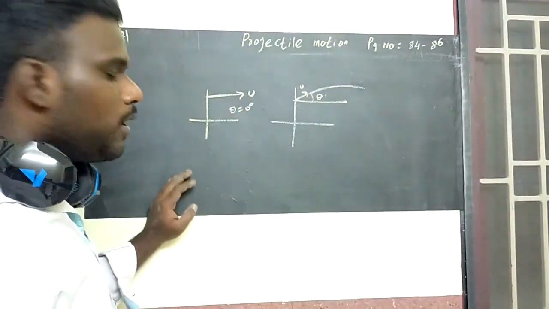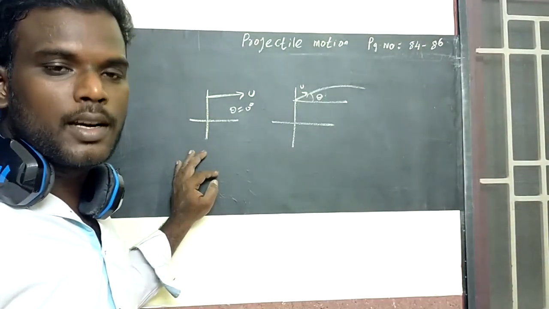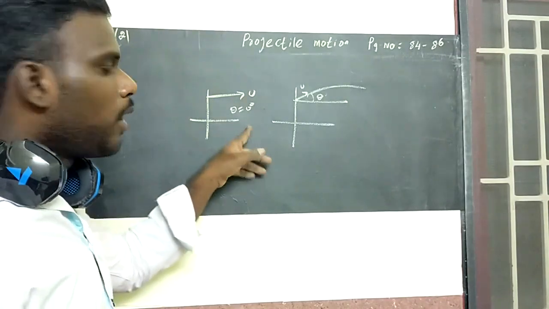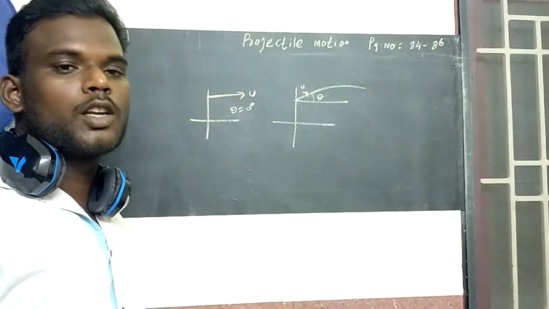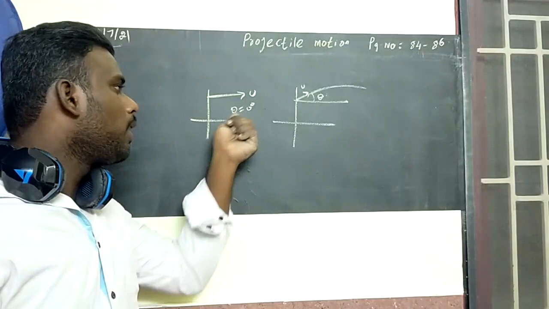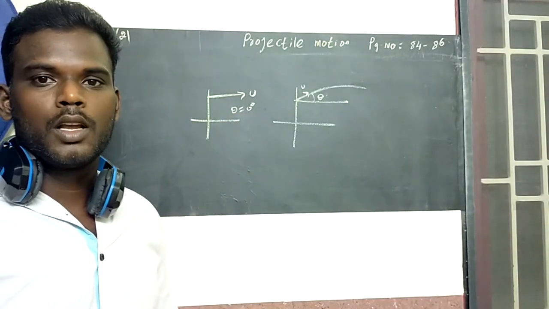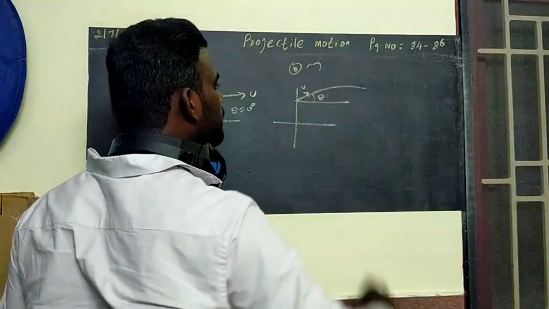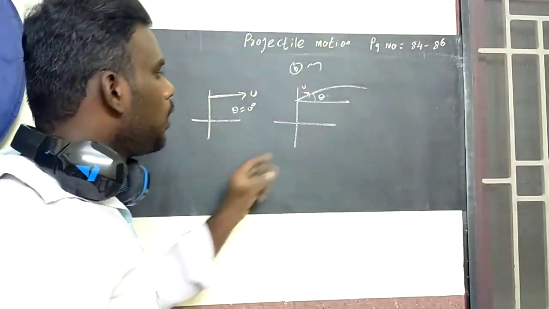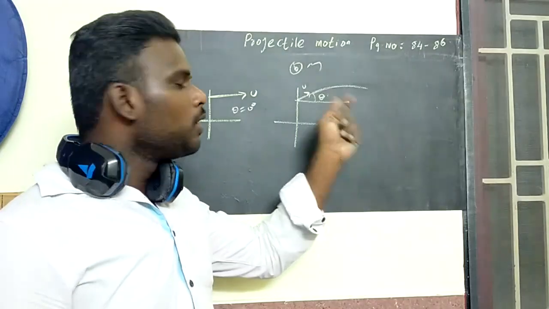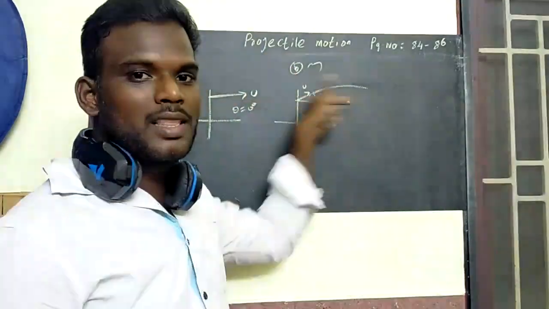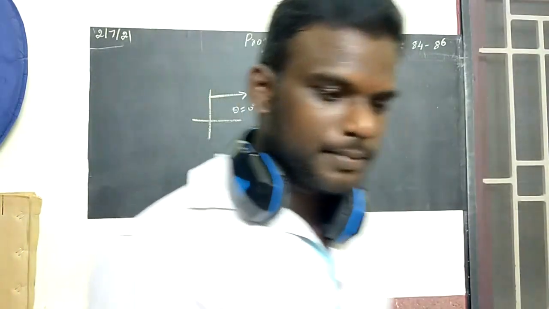So we already derived the distance traveled in the horizontal and vertical directions, and we also found the time taken to reach the bottom, and we also found the total resultant velocity when the body hits the ground. Is that clear? So now we are going to discuss the second case, which means we are going to talk about projectile motion where the initial velocity makes some angle theta with the horizontal. Is that clear?